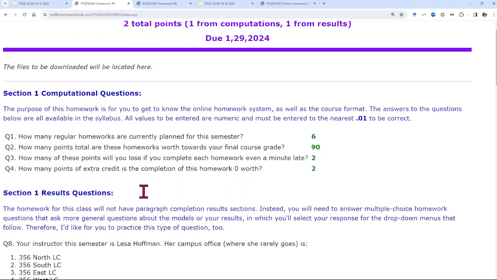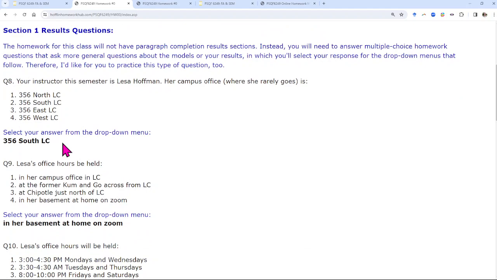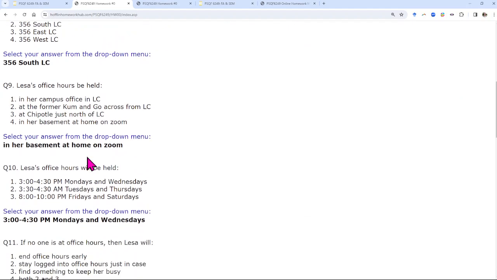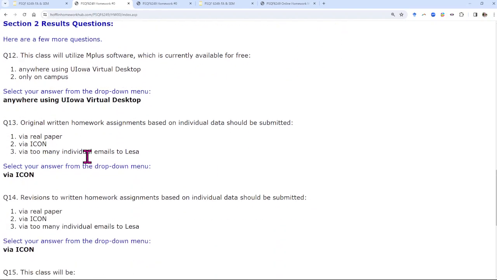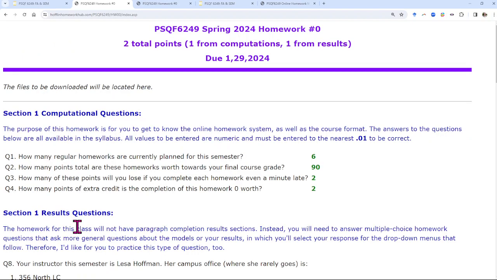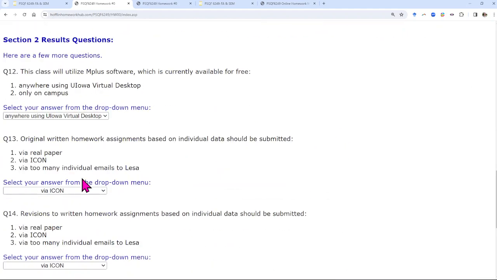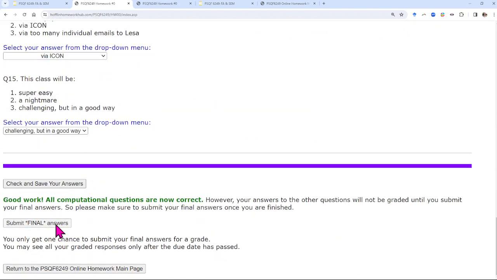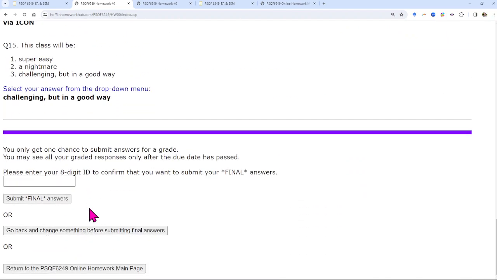And after you click that box, the choices go away so that you can just read what your answers are without being distracted by the drop-down menus. If you look through your answers and you decide that you want to go back and change something, there's a box for that. So if I click this box and go backwards, then my editable choices will come back up again. If I'm happy, I can hit Submit Final Answers, but you're not done yet. I want to make sure that you intend to submit and that you didn't hit the box by accident. So I'm going to make you reconfirm your 8-digit ID,